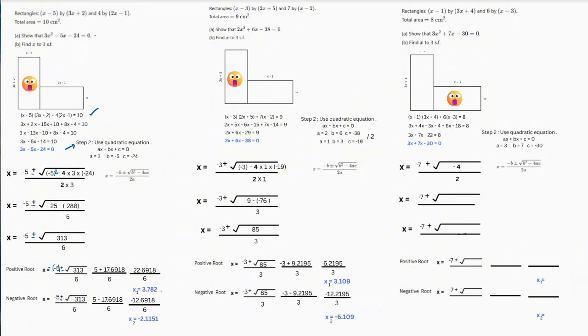But I think it states for B, find x to 3 significant figures. So we're going to find it at 3.87. I've actually done that already. Oh no, let's take that off. To 3 significant figures. So we're going to do it again. So put all that